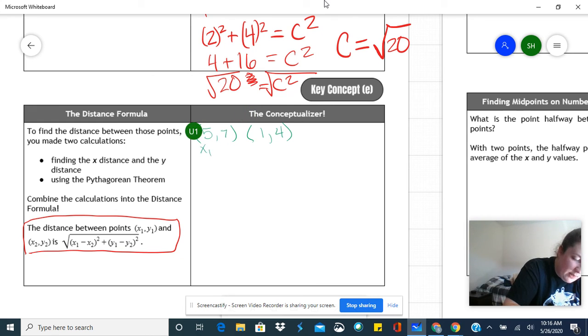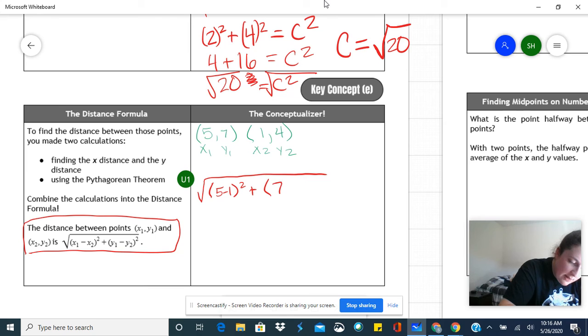So same thing. X1, X2, Y1, Y2. Put our square root. 5 minus 1 squared plus 7 minus 4 squared